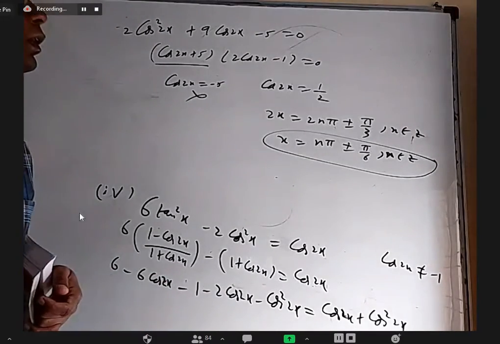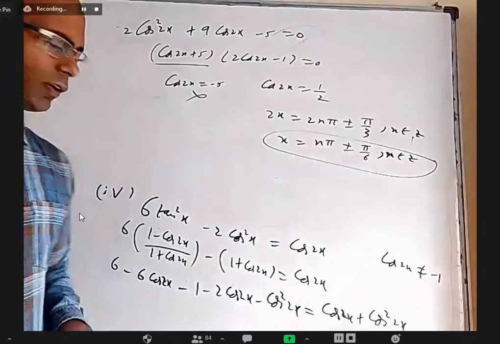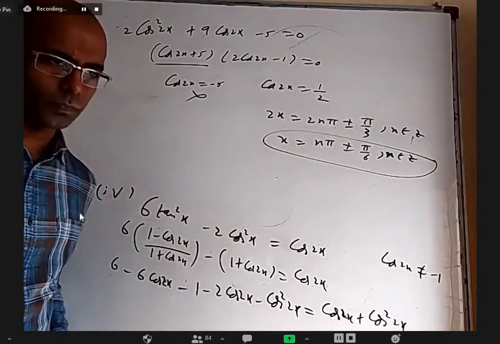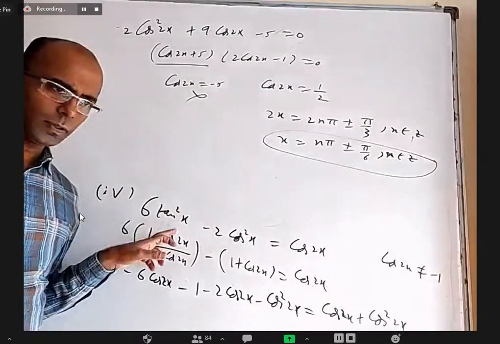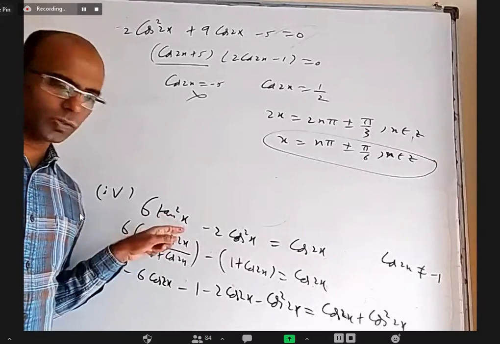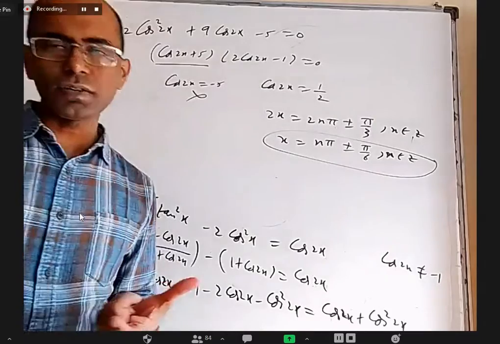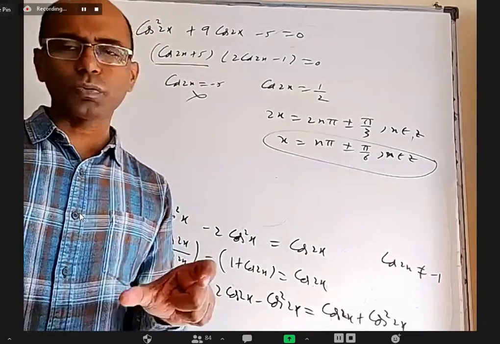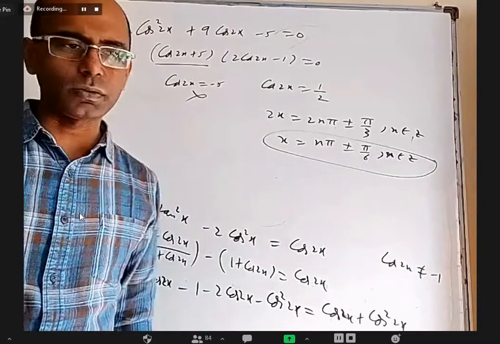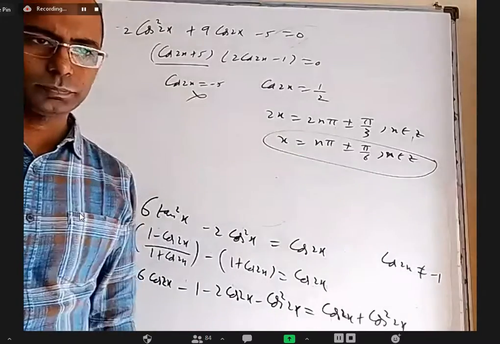Okay. Somebody can try to convert everything into cos square x also. You can write sine square as 1 minus cos square. This you write 2 cos square x minus 1. You'll get a fourth degree equation in terms of cos x. But if you take cos square x as t, it is a quadratic only. You'll again get the same.